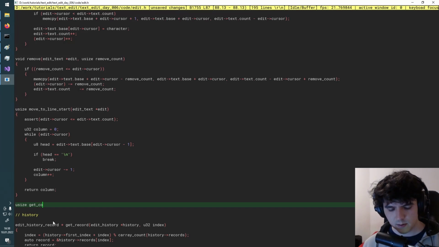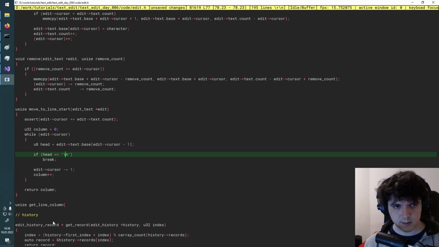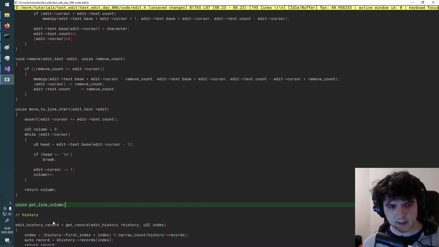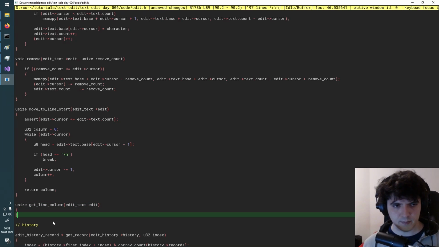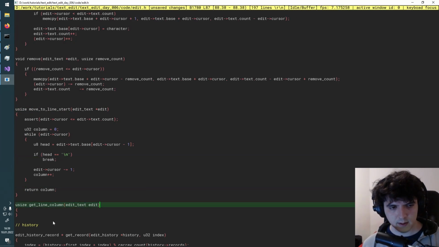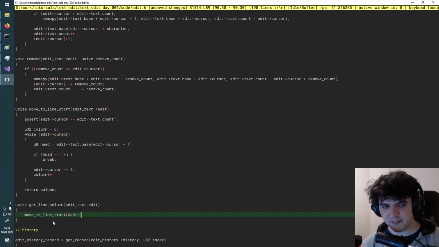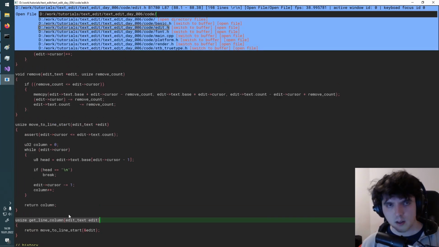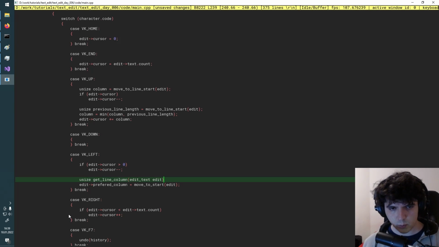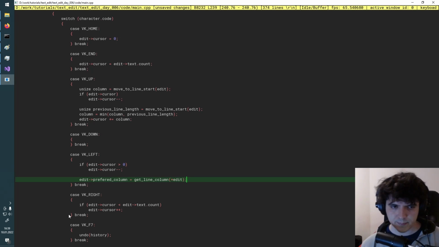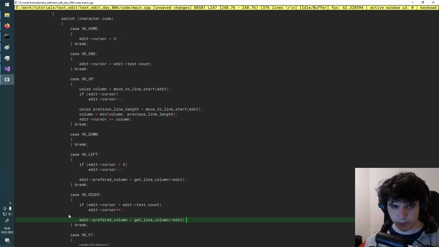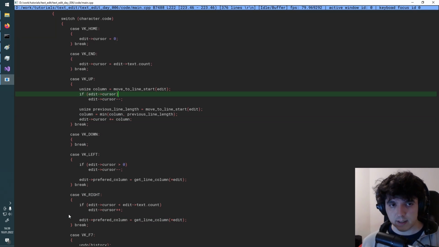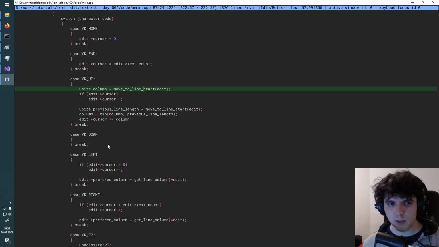Get. This is a bit expensive, but hey, we pass in our text edit. We are not intending to change it. All we do is pretend that we're moving this edit that we passed by value. So we're actually not changing anything. And then I don't have to do this weird magicry. Just going to update the preferred column after we move left or right, like so. And if we move up or down, instead of using the column we started at, we're going to use,